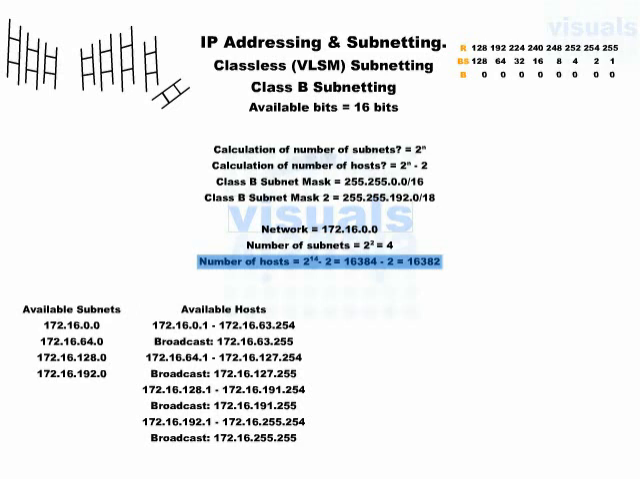Now for the first network 172.16.0.0, the host range is from 172.16.0.1 to 172.16.63.254. So these are valid addresses for this network, and the broadcast address is 172.16.63.255. Although subnetting is very easy, what we mistake regarding this subject is we miss the right octet. So the next network is